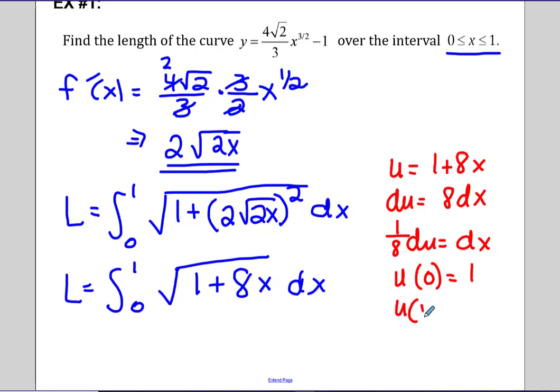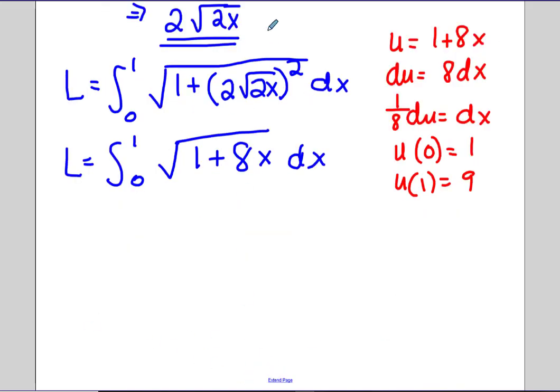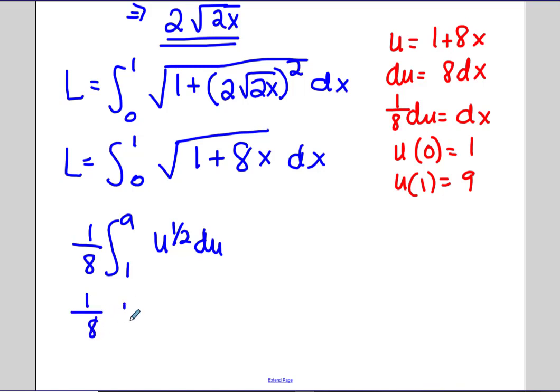And when x is 1, u is 9. So we're ready to integrate, and we have 1/8, and we're changing our bounds from 1 to 9 with u to the half power du, which is 1/8 u to the 3/2 times 2/3, evaluated from 1 to 9,